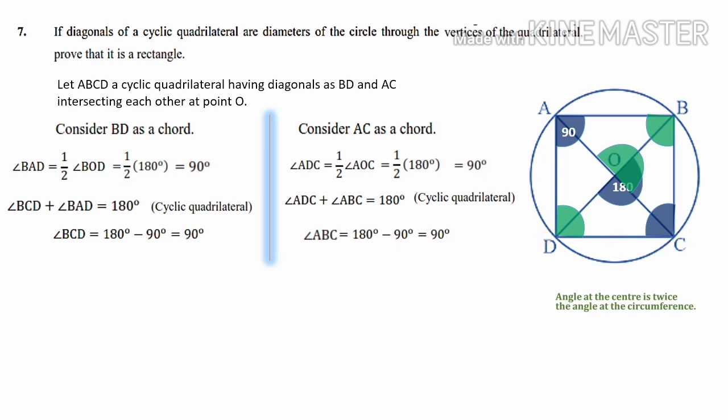So when you check, this angle is 90 degrees. First we calculated this, and from here we came to this angle. Here also we got 90 degrees. Thereafter we came to this green angle. Here also we got 90 degrees. Finally we reached this angle. Here also we got 90 degrees. Then each interior angle is 90 degrees. So it is a rectangle. So the given cyclic quadrilateral is a rectangle.